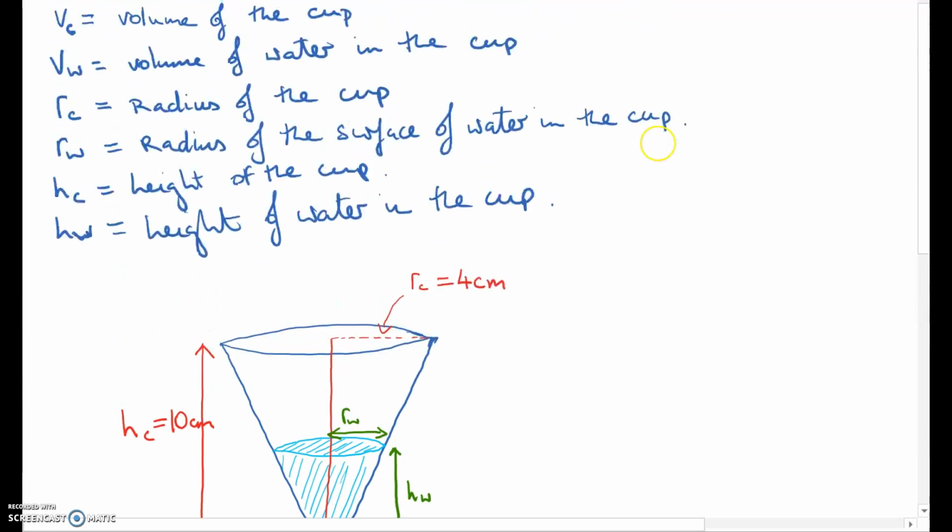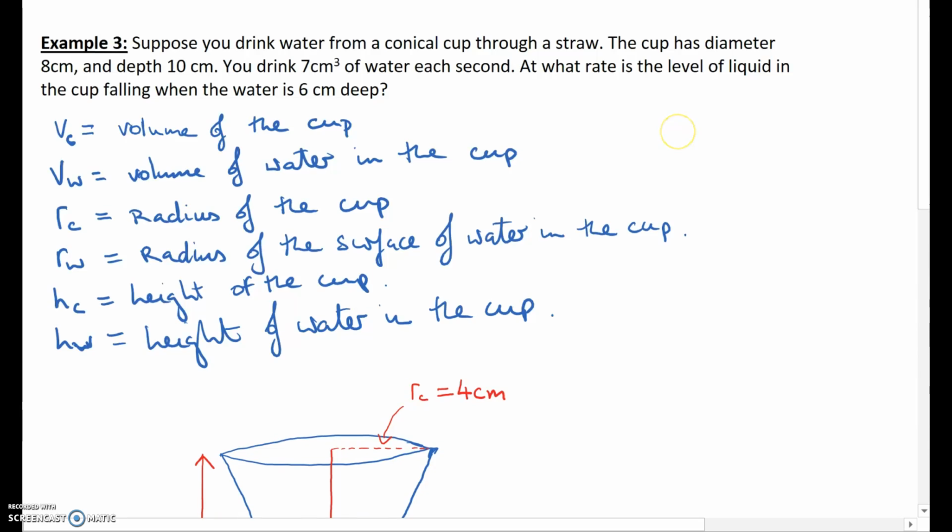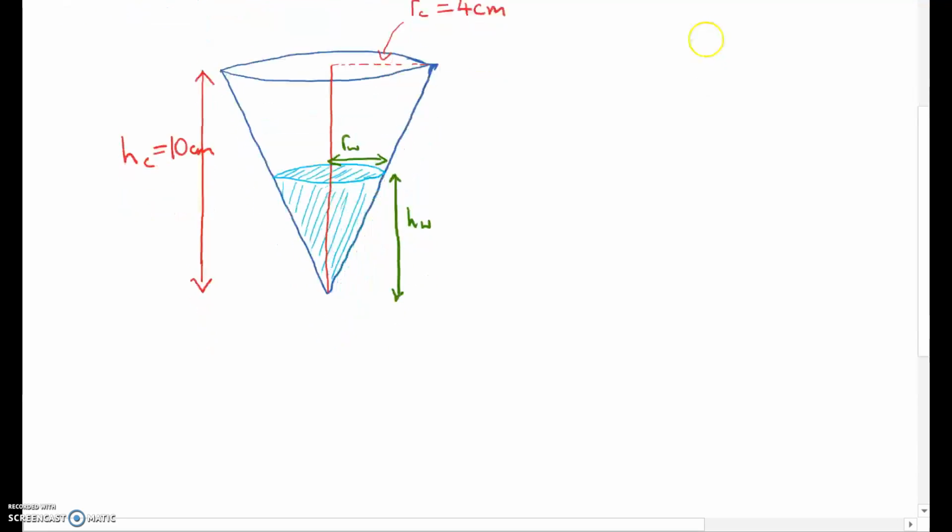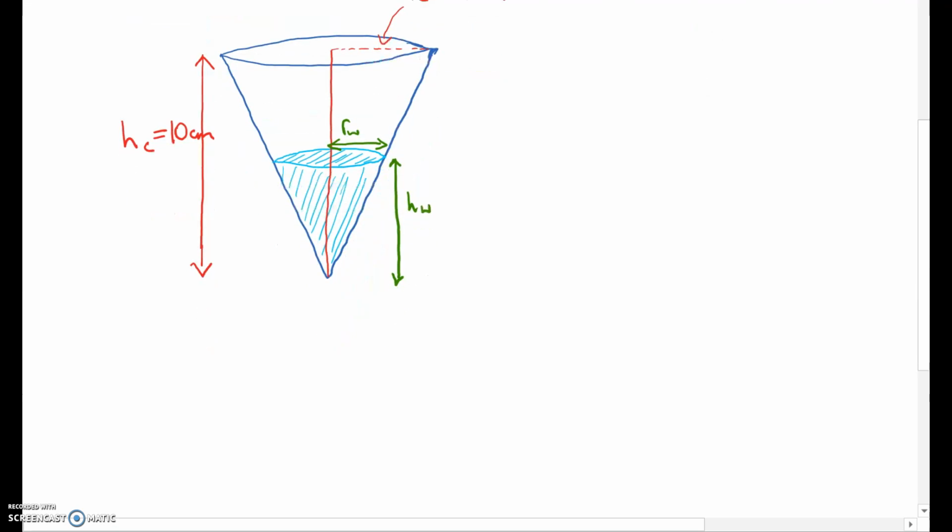Okay, so let's go back and read the question again. Let's figure out our known rates and our desired rates. So it tells us that you drink 7 cubic centimeters of water every second. That's the volume of water. Okay, and it's changing by 7 cubic centimeters per second. So that's the first thing. That the volume of the water, so the known rate, is dV